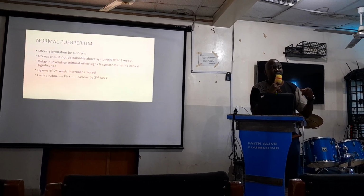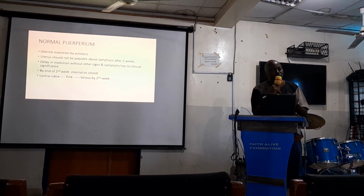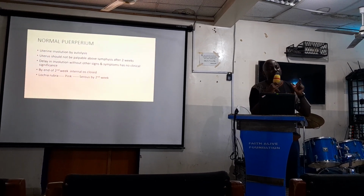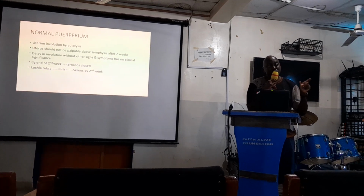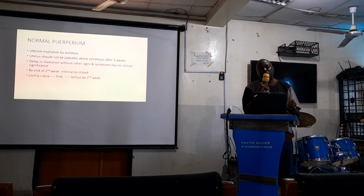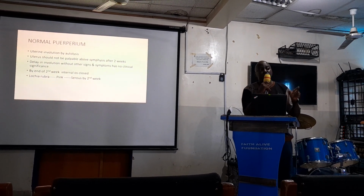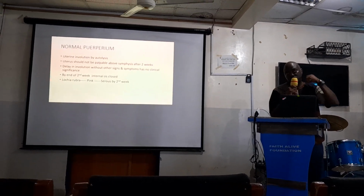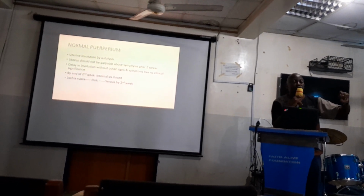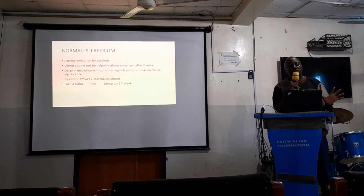Also, if she has had uterine surgery, perhaps a cesarean section, the process takes longer. If she had a multiple pregnancy, the process takes longer. If there are still products of conception in that uterus, it will not evolve as fast. If there are blood products there, it will not evolve as fast. If there's an infective process or inflammation there, it will not evolve as fast. Which is why cesarean section usually will be associated with sub-evolution, because with the surgery itself you have breached the uterine cavity, you have applied a foreign body, you have sutures, there will typically be some endometritis there, and the process